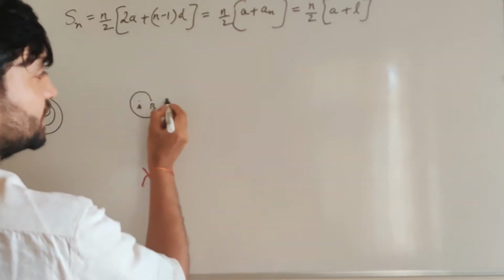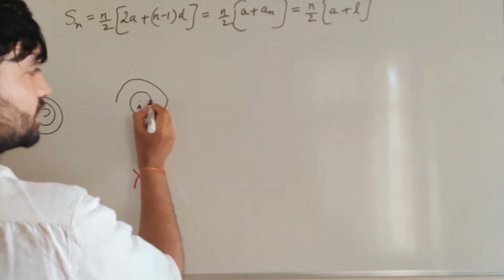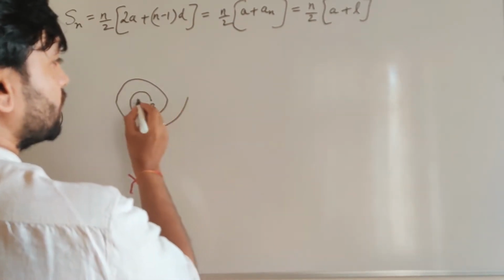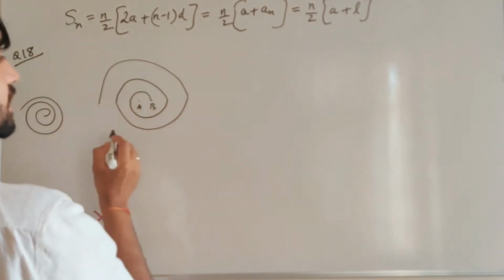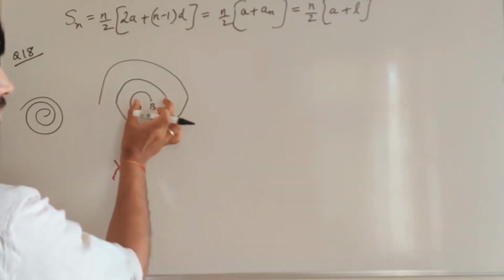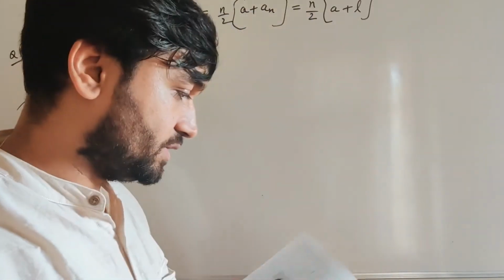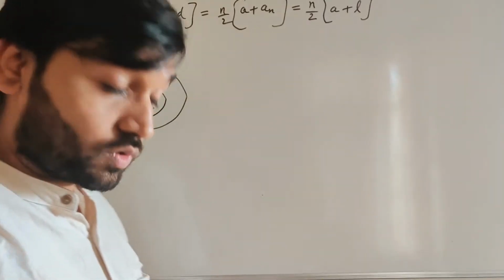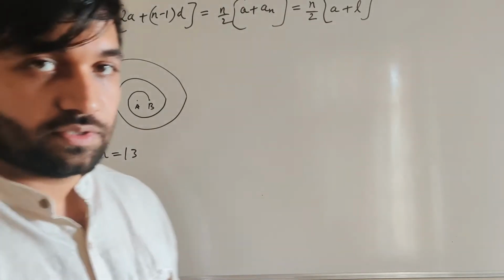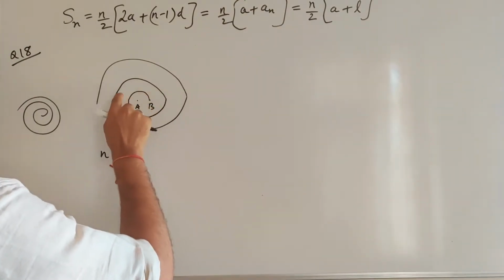So now you're taking center A again and drawing this spiral. Now you're taking center B and drawing another spiral. So this will be equals to this. Now you're taking center A and drawing this spiral. So the radiuses, this is 0.5, then this will become again 1 centimeter. The radiuses of the spirals are changing from 0.5, 1 centimeter and so on. There are 13 such consecutive spirals. So they're talking about n equals to 13 semicircles. We need to find the total length of such spiral. The total length, meaning this length plus this length.